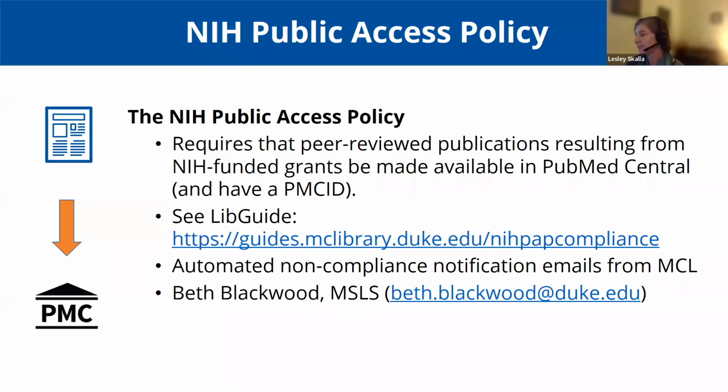And so this policy requires that articles that are funded by NIH are made available on PubMed Central, which is basically our national archive of scientific biomedical publications, a digital archive. And this has to be done no later than 12 months after an article is published. But actually, before that, 90 days from the time your article is published, you actually have to